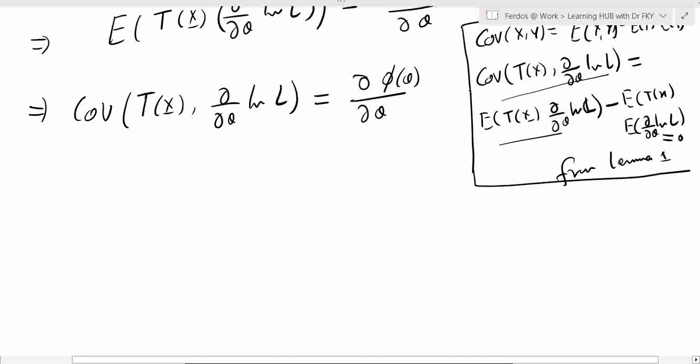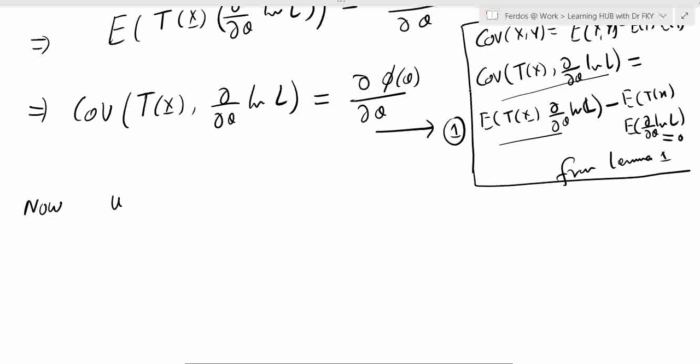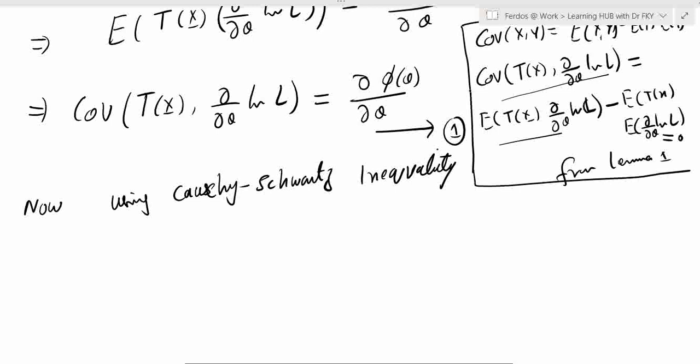Okay. So this is equal to the covariance, and you can name this equation 1. Now using the Cauchy-Schwarz inequality, we have now